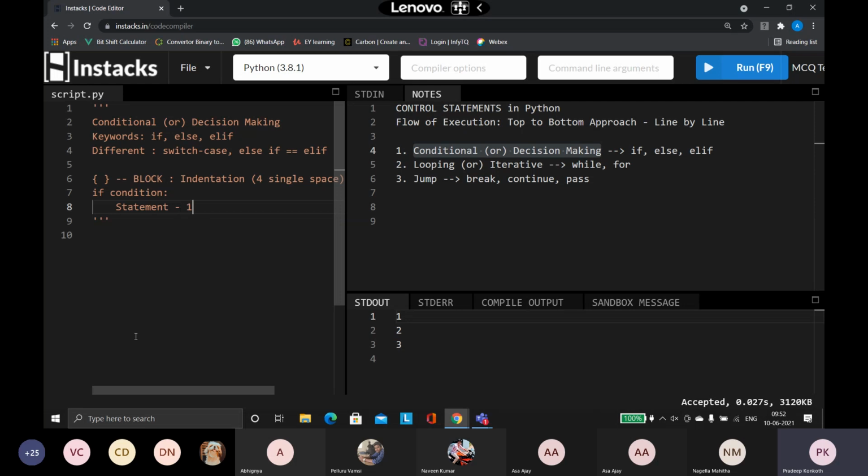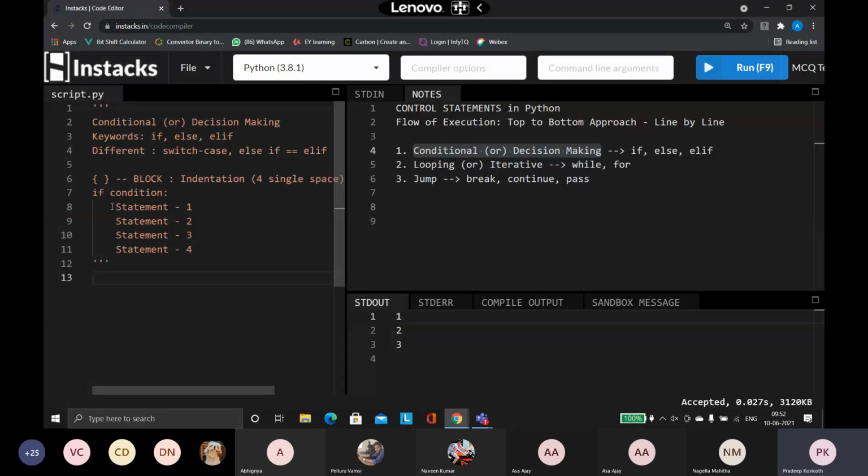So this is line 1. Now I want to add line 2. How do I go? Press the enter key, but make sure you are maintaining the same indentation. The level of indentation must be exactly the same. So I'm going to write the second line of code. Then again, if you want more lines, then the third line, then the fourth line. How much code needs to be written inside the if condition is your choice. It's based on the program's requirement.